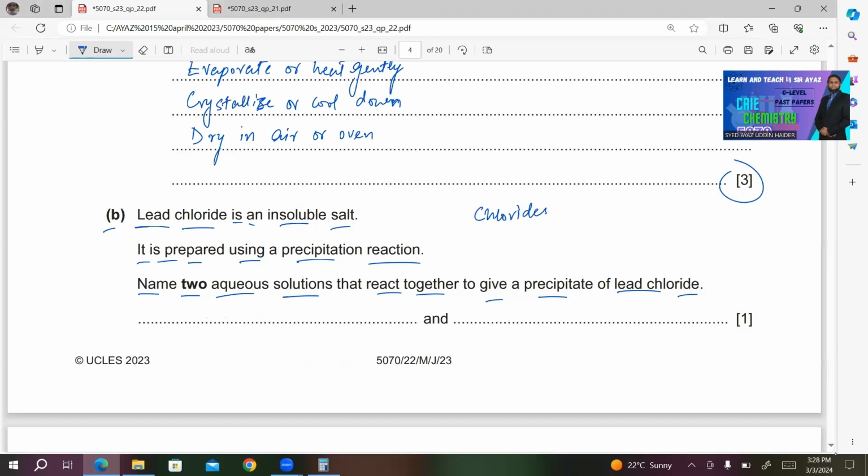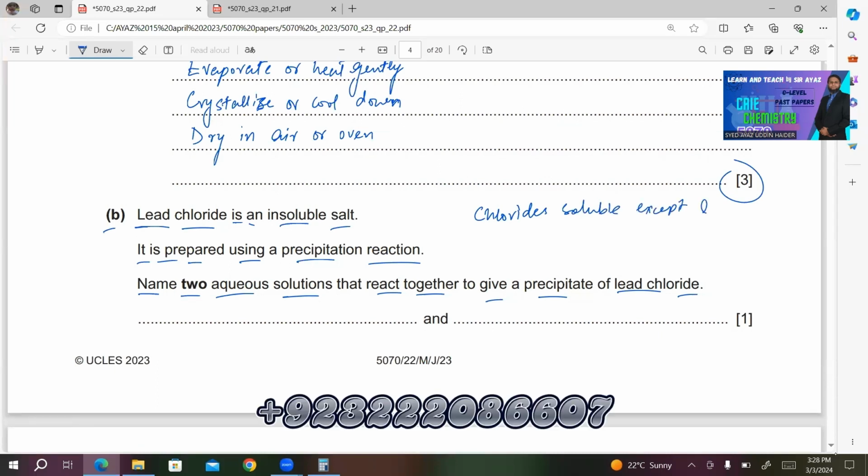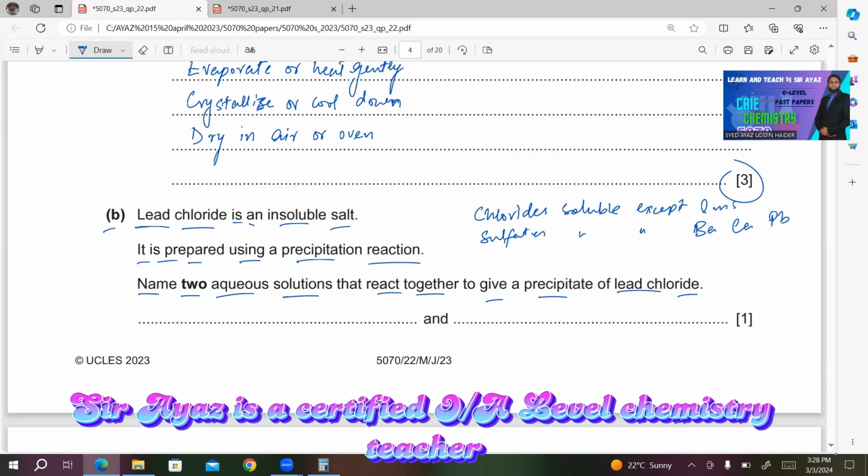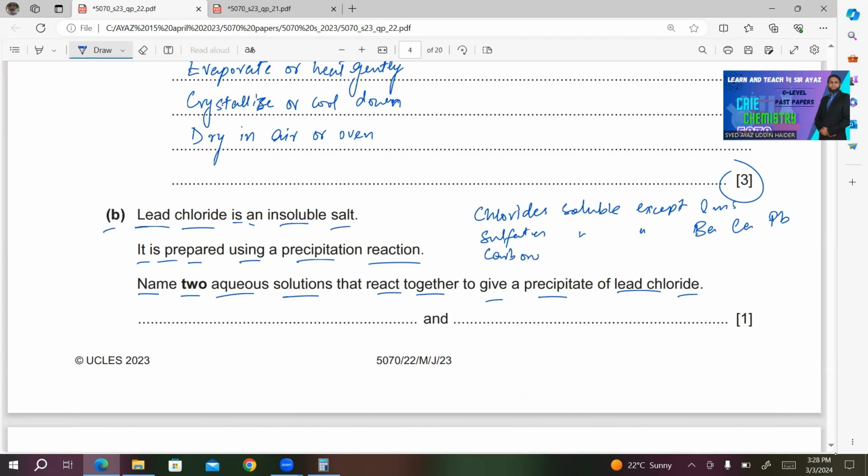except lead, mercury, silver. All sulfates soluble except barium, calcium and lead. So you can't take sulfate. What about carbonate? All carbonates are insoluble